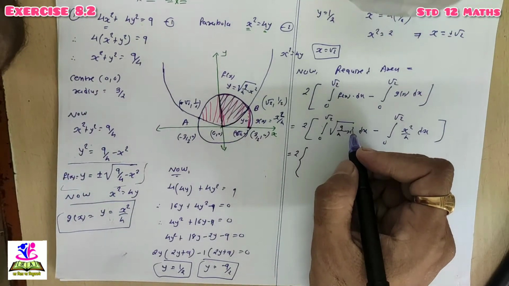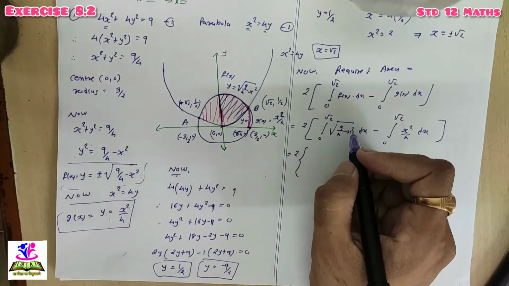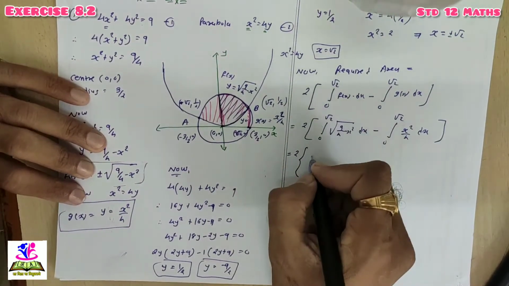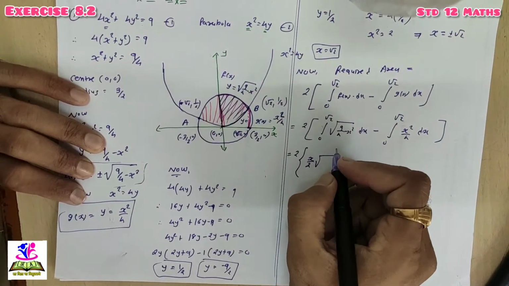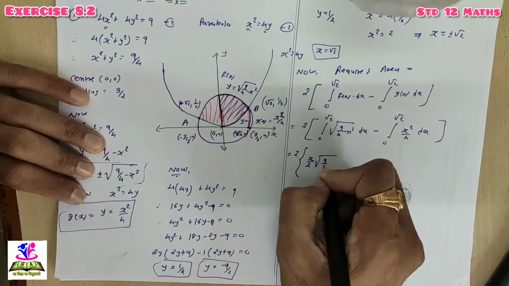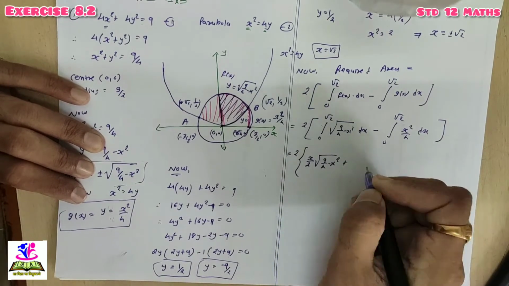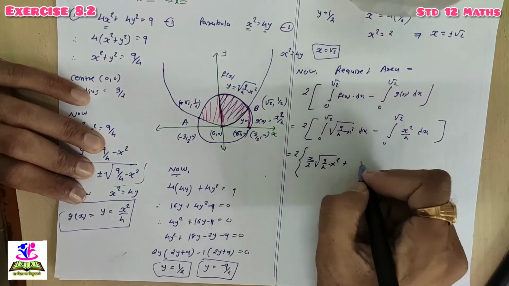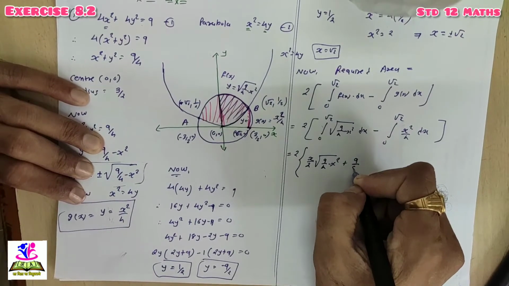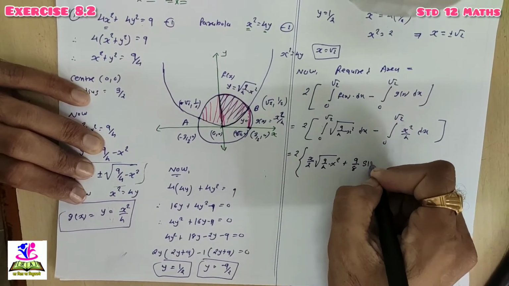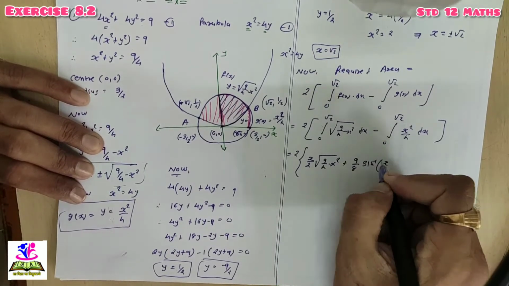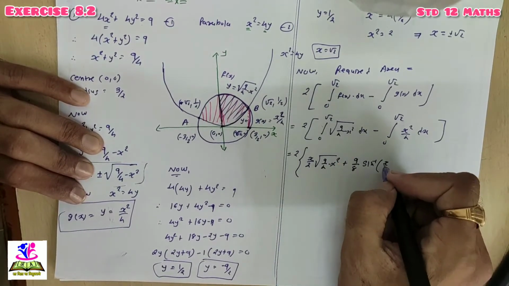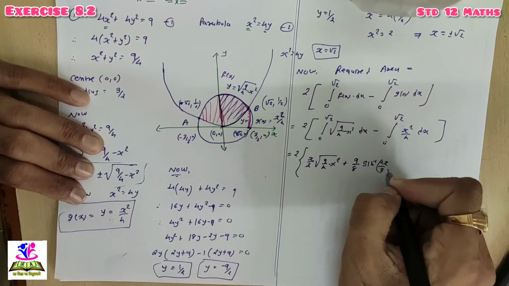A square minus x square formula is there. So integration of a square minus x square is x by 2 into the square root of a square minus x square. So it's 9 by 4 minus x square, plus a square by 2, so it's 9 by 4 by 2, so it's 9 by 8 into sine inverse x by a, and our a is 3 by 2. So reciprocal of 3 by 2 is 2x by 3.